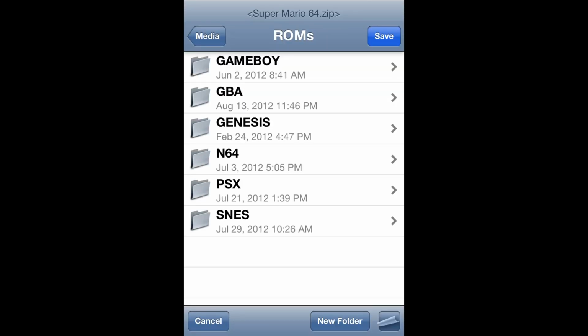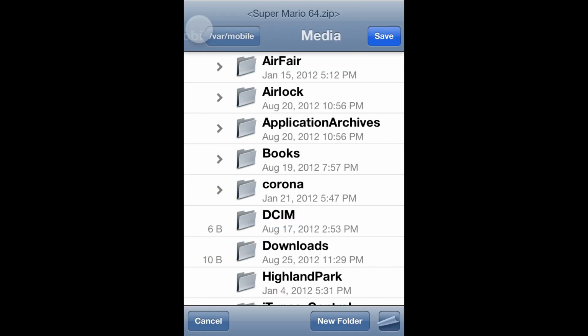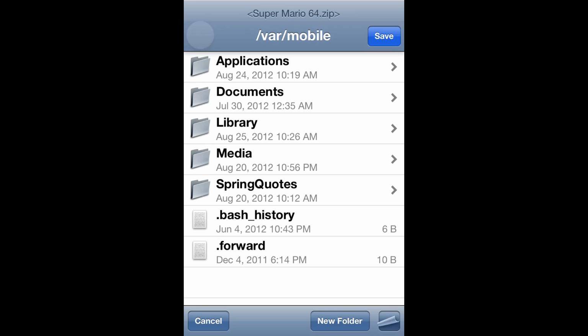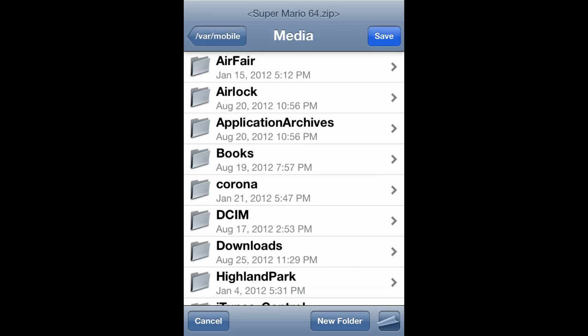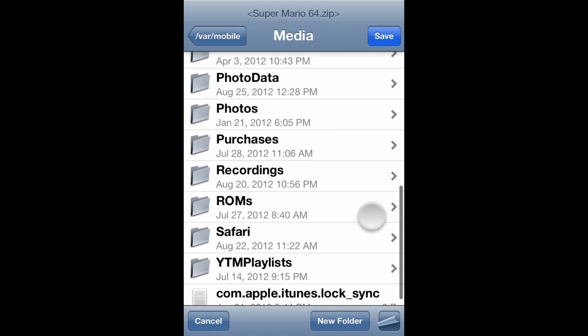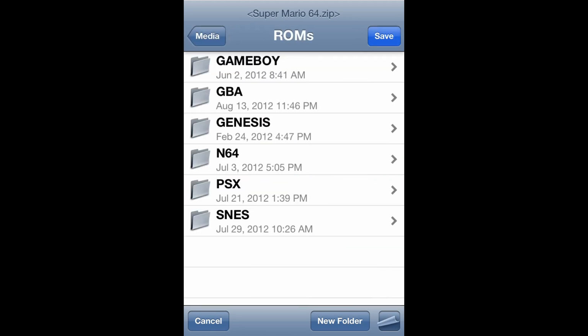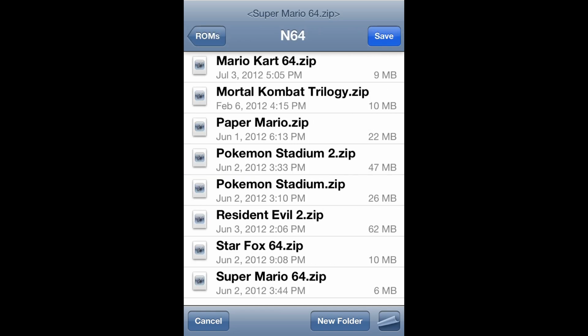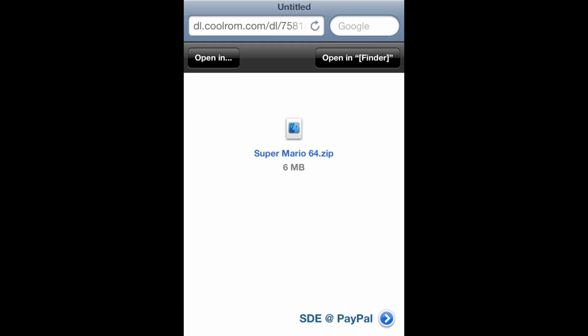Now go all the way back. You should be in VAR Mobile, and if you are, then you can't go back anymore. So from here we're going to click on the folder Media, then scroll down to the folder ROMs, and then N64, and at the top right we're going to save the file. From here we can go home